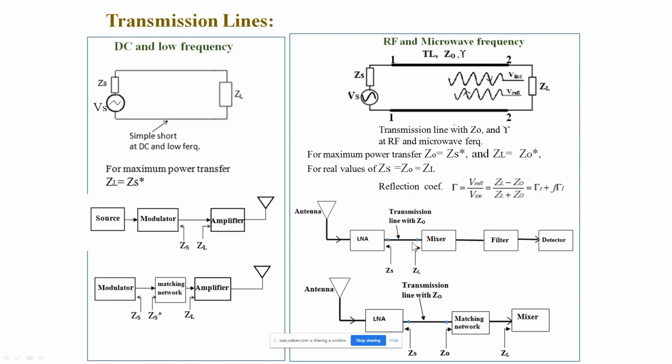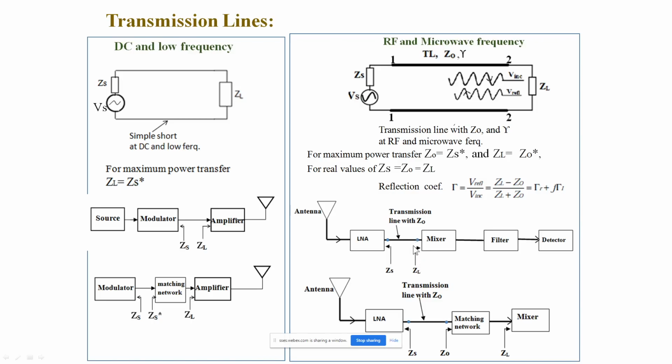But if we do not consider that reflected wave, what we are expecting may not come here. In most cases we neglect this transmission line problem. At lower frequency it is no problem, but at higher frequency, if you do not consider this problem, even if the mixer is good, with no problem in the mixer circuit, we may not be getting output here. So first we should see whether matching is there.